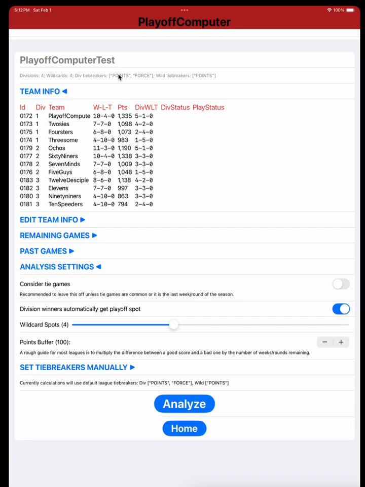Next, we have several sections of data and options to go through. First, the team info. This shows the current standings and related data, such as points scored, division record, if applicable, conference record, if applicable, and so on. The division status, if there is one, as well as the playoff status will start out blank, as there hasn't yet been any analysis. We'll revisit that part later on. Within the team info section